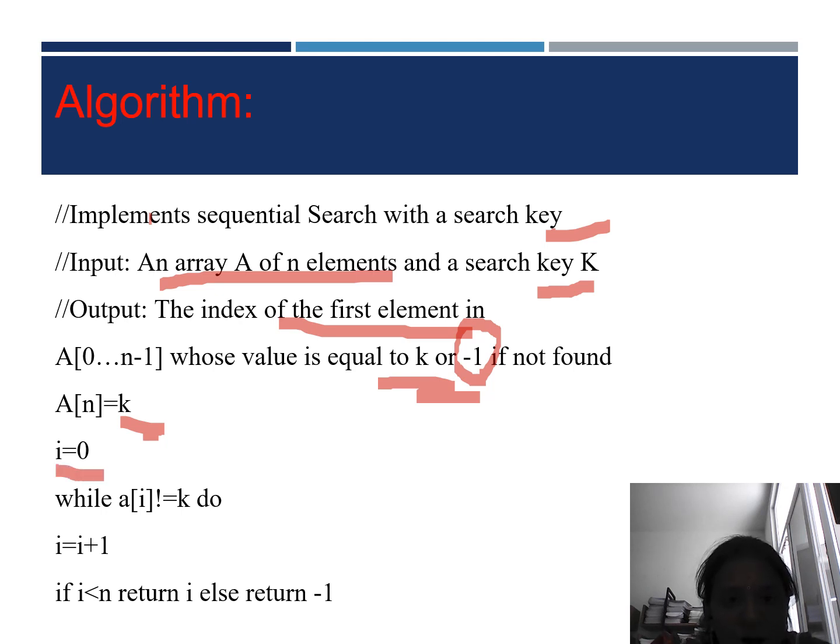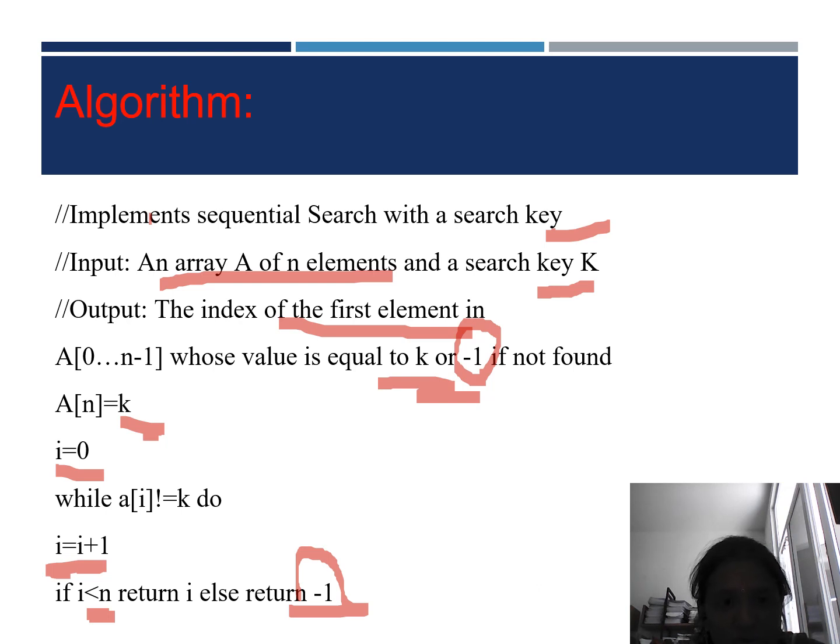While we have to continue until a match is found. So while A of I is not equal to k, we have to increment. Then if I is less than n, then return I, or else we have to return -1. That's it. So the algorithm is, we first take the search key as A of n,